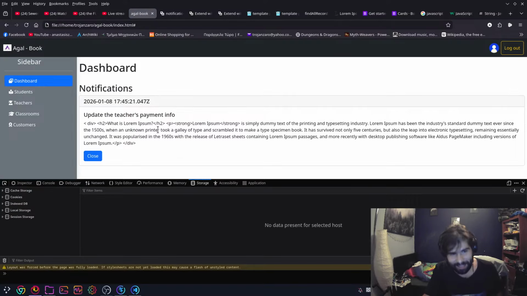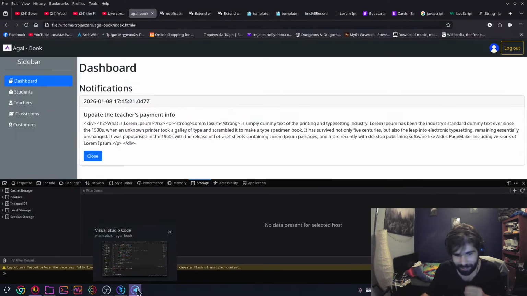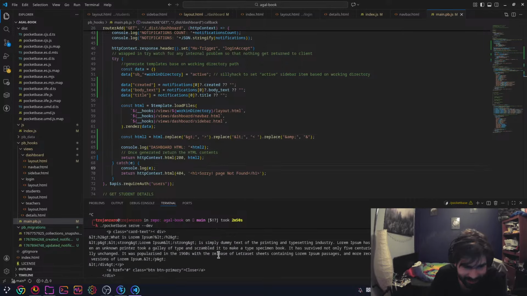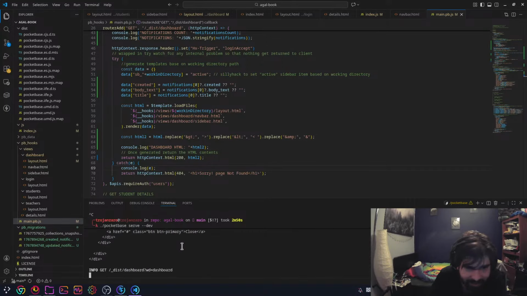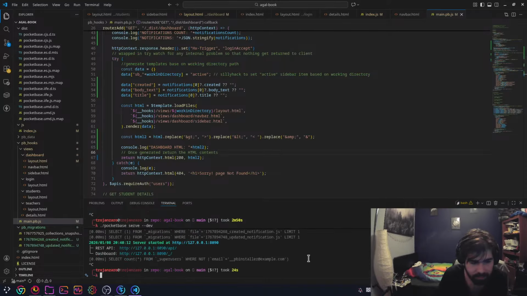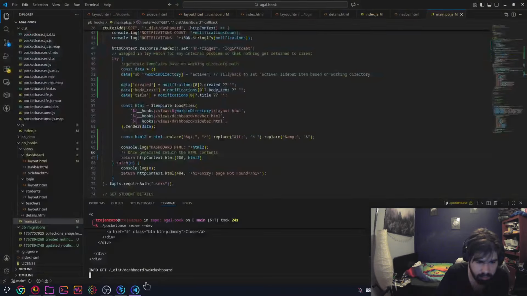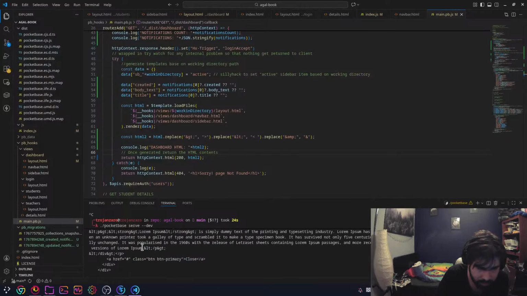Okay, and the good news is it didn't do anything. When I say it's doing it properly, I mean it didn't do anything, so that's good. Wait, it did run properly. Oh, do I have to put escape characters?